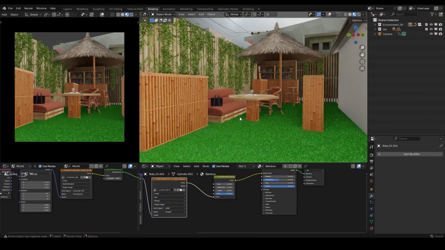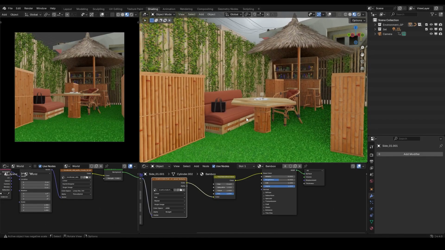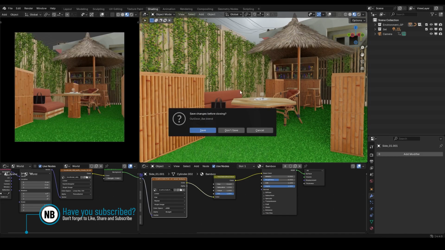So I have this scene that I created for one of our animation shots, and you see that the textures are looking fine, they're looking okay. So I moved this scene to another location. So let me open that,